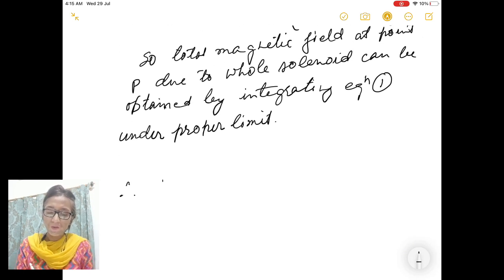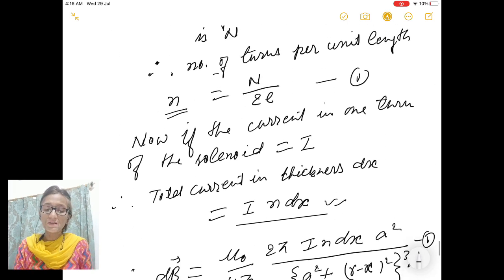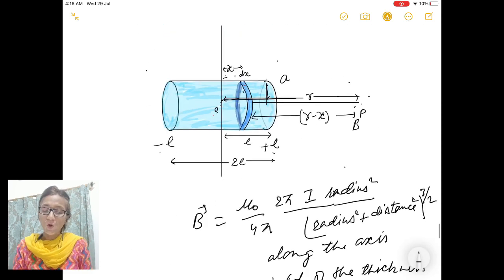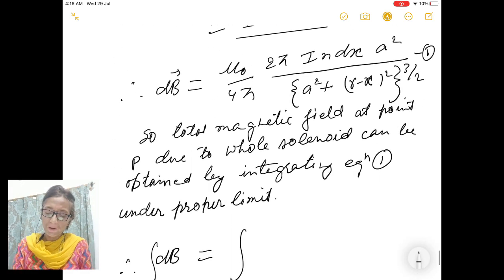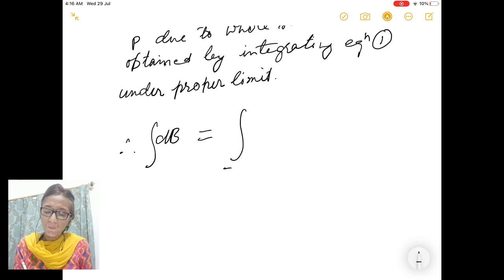Therefore, integration of dB is equal to integration under limit. Here your whole length is from minus L to plus L, the origin is at 0, so the limit should be from minus L to plus L,